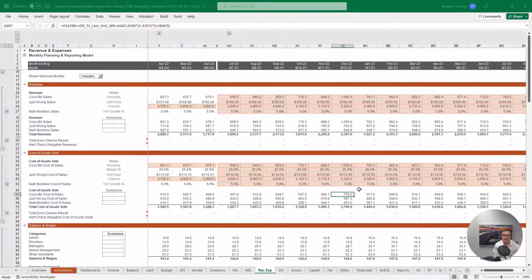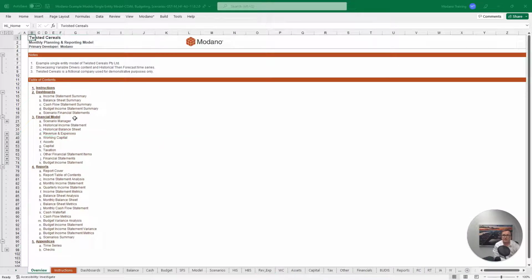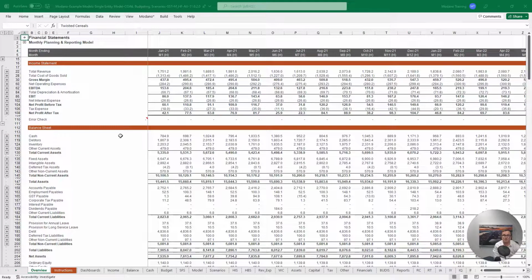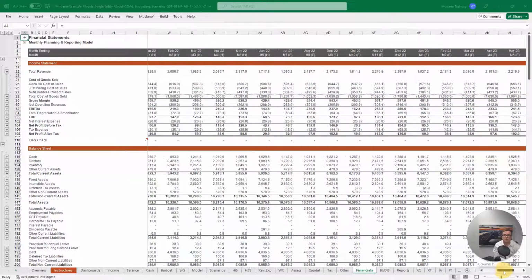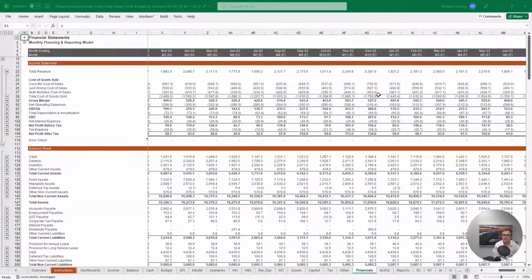In our example here of December 2022, if we want to see our $750 of cost of goods sold hitting the income statement, we can head back to our table of contents and load our financial statements. Expanding our cost of goods sold rows here, collapsed in row 28, if we scroll across until we get to December 22, then again we can also see here in December 22 our $750 of cost of goods sold hitting